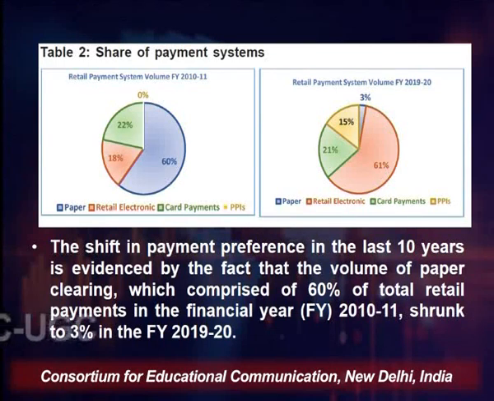Looking at the size and quantum of the payment system which has become electronic, we need to ensure that there are no frauds, that there is more convenience, and that customer rights and things are protected. All of these things need to be ensured. In the last decade, consumers have had multiple payment options to choose from. And in this approach towards payment system development in the country, safety and security have been the two most important things kept in mind by RBI, followed by efficiency, accessibility, affordability and convenience.